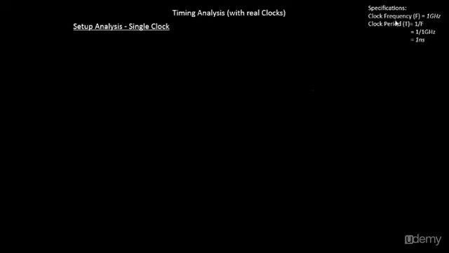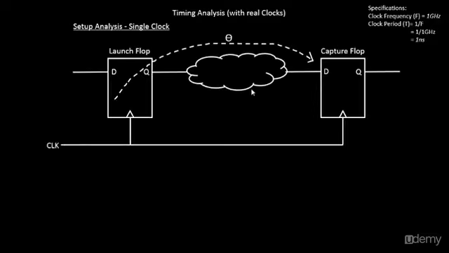Let us build the figure, the diagram and the equations based on this specification. This is a basic timing path. You have a launch flop, you have a capture flop, and you have some data path in between, and this is the clock path. The clock goes to the launch flop and the capture flop, and since we have only a single clock, there is a single clock present over here, and we have built a tree across this part. Theta is the combinational delay, or basically the delay from this point to this point.